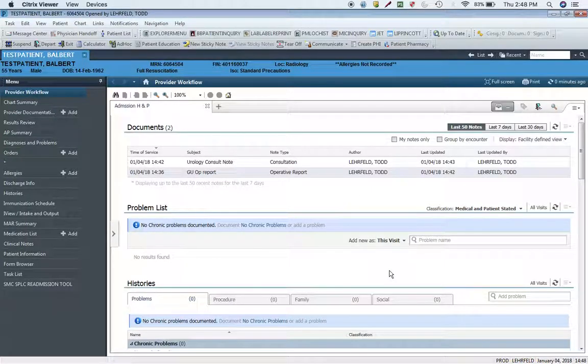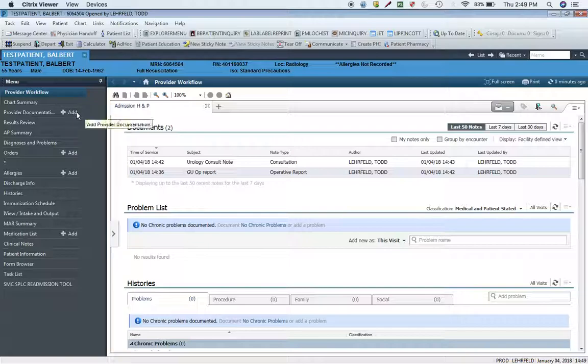Okay, I'm going to show you some quick tips on basically how to make your own automatic note fragments. This is important for doing consultations as well as operative reports. We reviewed some of this in training. I'll go through this step by step on how to do this. So I'm in a test patient right now,